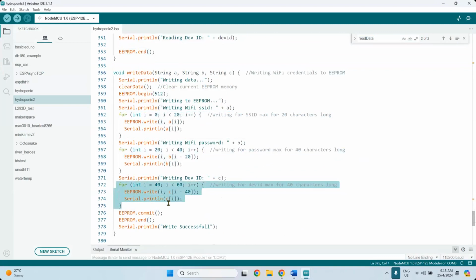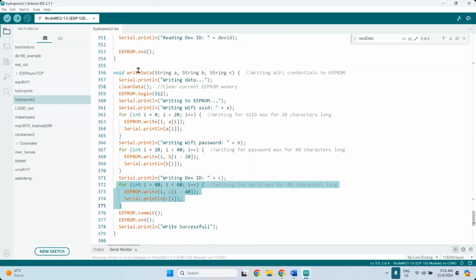But device ID is a little bit overkill because the size of the ID is usually like 3 characters, 4 characters long. So actually there's no need for you to store that amount, because it's just a waste of memory. But here in this case, I just use 20 characters, 20 characters, 20 characters. So evenly divided the memory into 3 sections. So this basically allows you to read and write data from EEPROM.